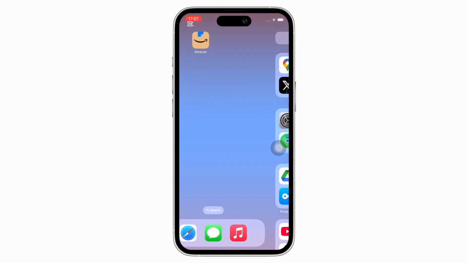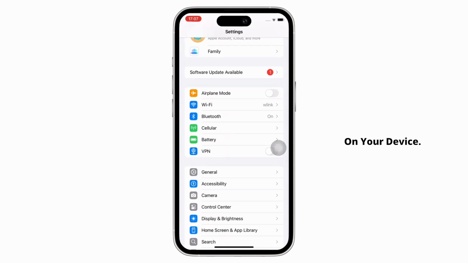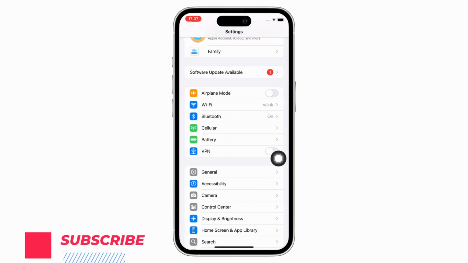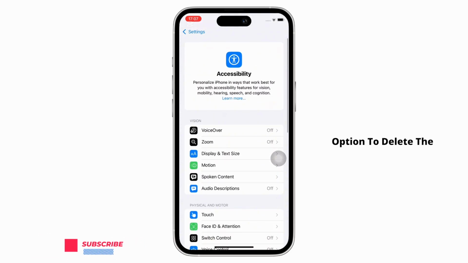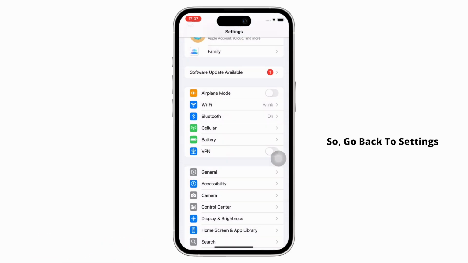Firstly, go ahead and launch the Settings application on your device. Here you will see the option for Accessibility. Tap on that. Now, as you can see, there is no specific option to delete the accessibility settings, so go